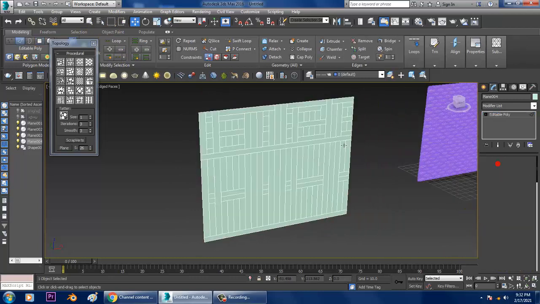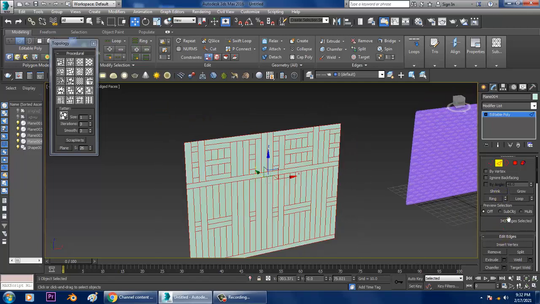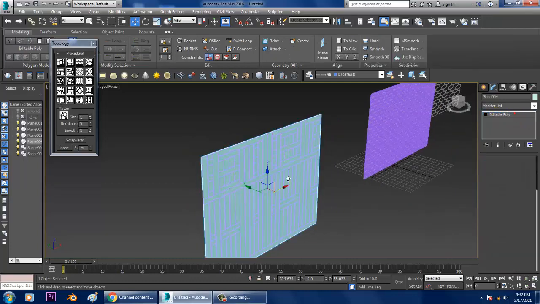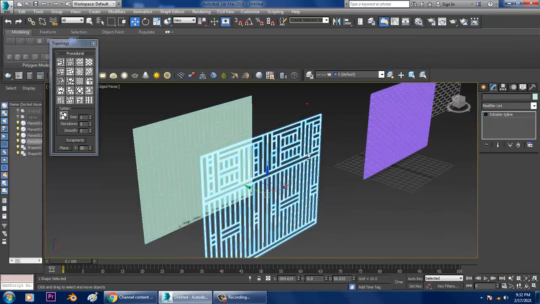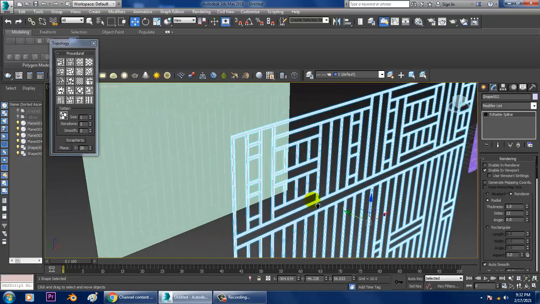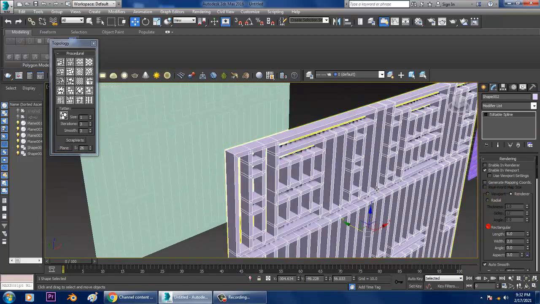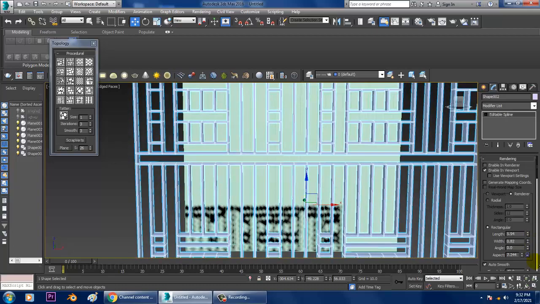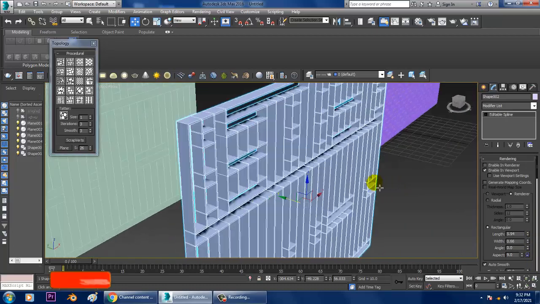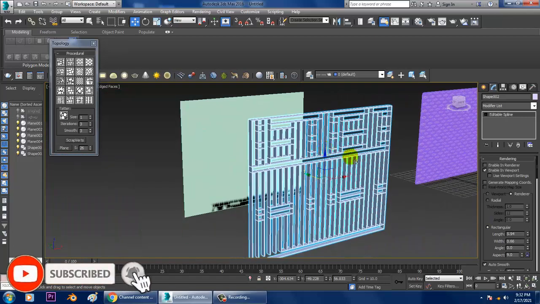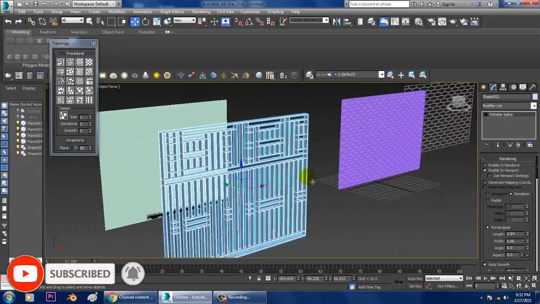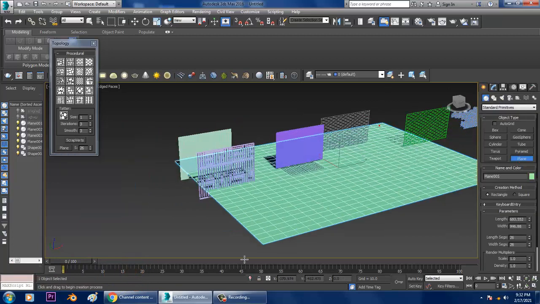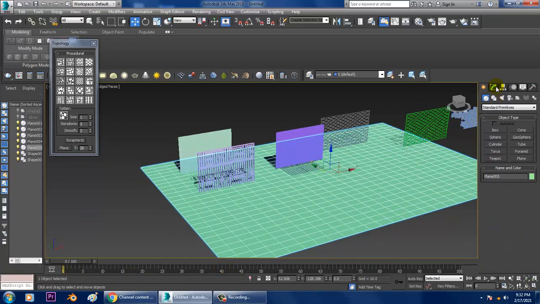I'll select the edges and in the same way create shape linear. That's it. That's a good option. As you can see, we can make it as a rectangular stuff, which can be used for kind of grills or something. So that's how your topology option can be utilized in different ways.